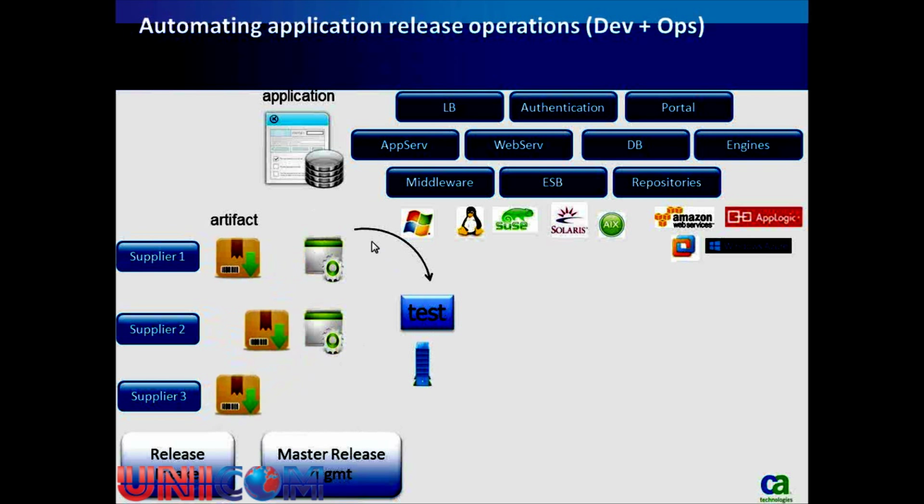So we're going to collect artifacts from the various sources. We distribute artifacts into an environment, let's say a test environment, which might be a very simplified environment. It might be an all-in-one where all of the technology components are running on a single server. And we do all of the typical pre-deployment tasks, the actual deployment tasks, and also the post-deployment tasks that need